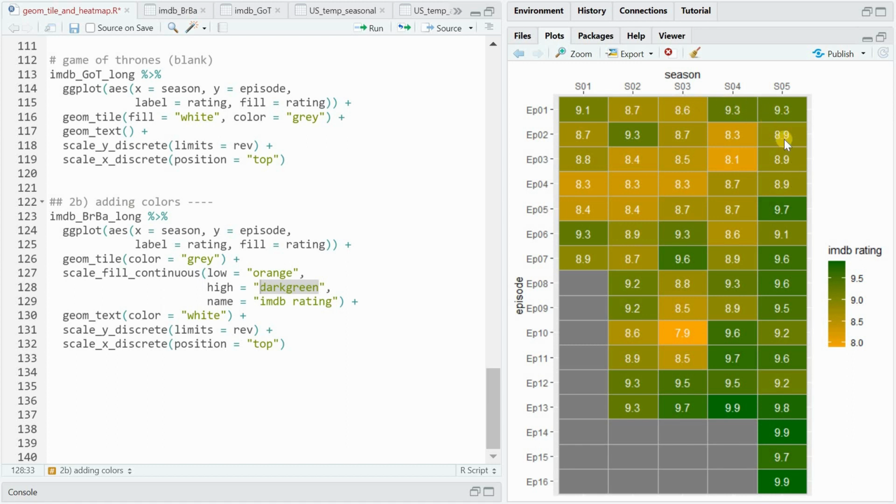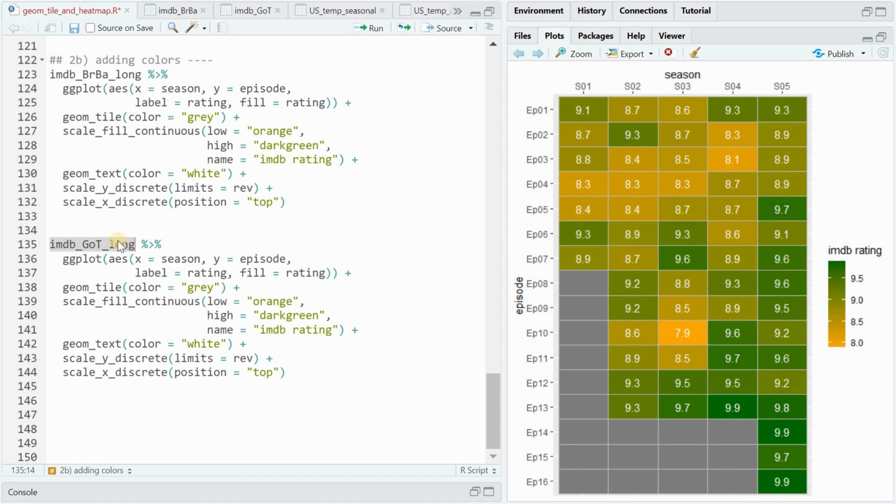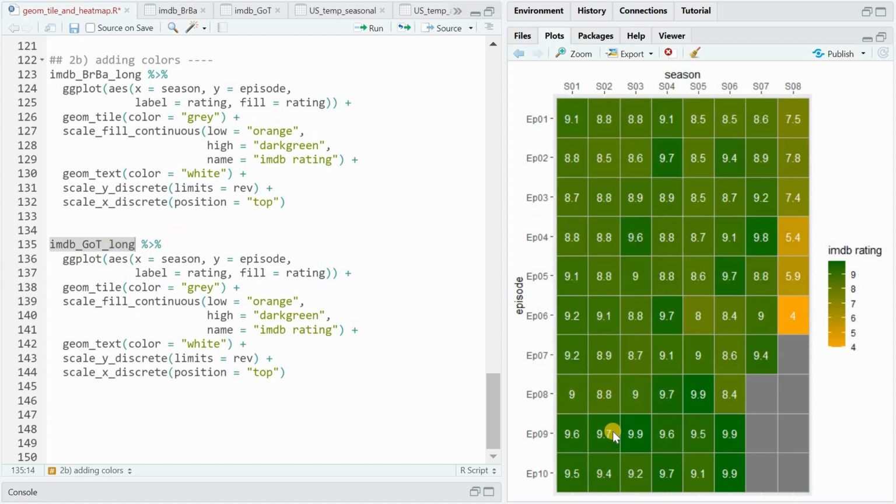And then season 5 was overall very green and good and ended extremely strong with almost perfect ratings for the last 4 episodes. You can do the exact same for the Game of Thrones data, and then you see that usually as well the last episodes of the season were really strong, and you can also see that season 8 kinda stank. But now we face a problem that I should address.